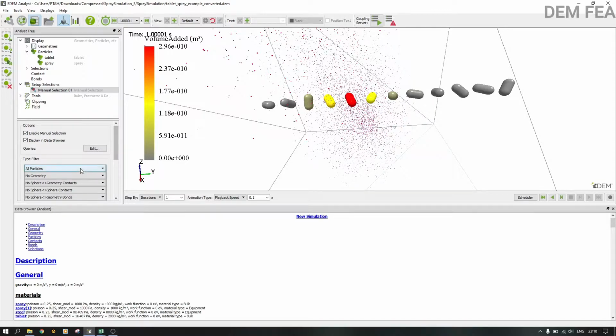Which particles are we interested in? Not all particles, selected particles. And which one? Tablet. That's what we are interested in. Now, we come here, we already have our manual selection. So once you come here to where the simulation is, if you highlight